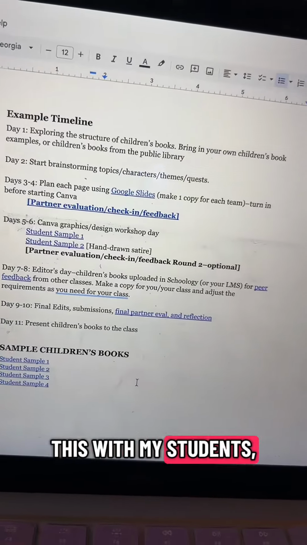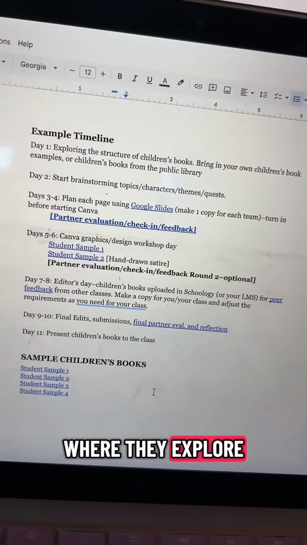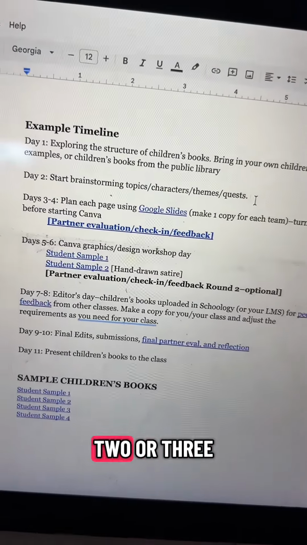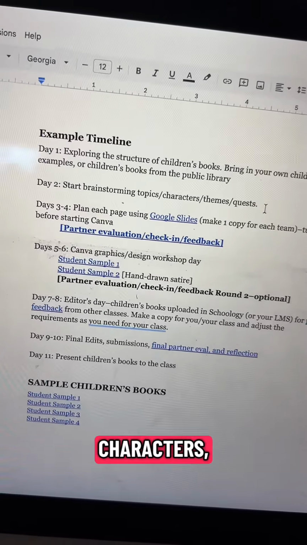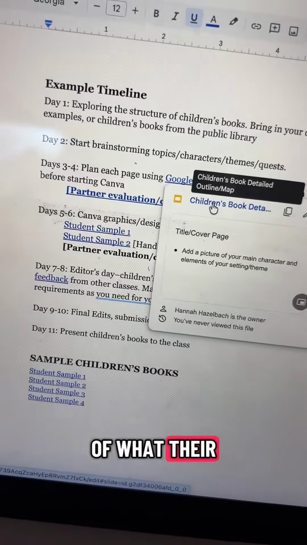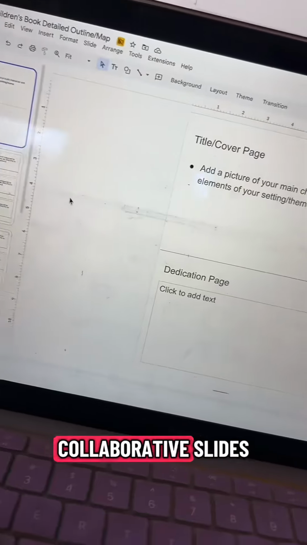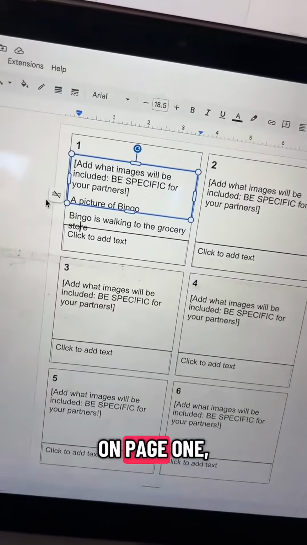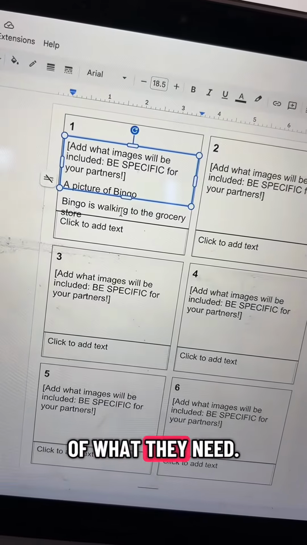When I do this with my students, I spend an entire day where they explore different children's books to get inspiration, as well as a day when they work with their groups of 2 or 3 to brainstorm topics, characters, themes, and quests. Then students work together to create a detailed outline of what their children's book is going to look like. They use these collaborative slides to talk about what elements are going to go on which page, as well as the text. So on page 1, they're just making a list of what they need, what elements,